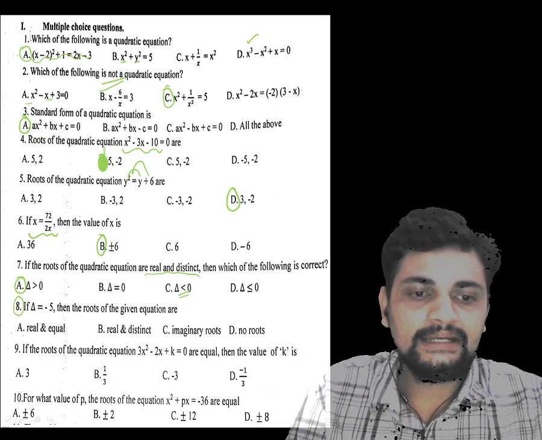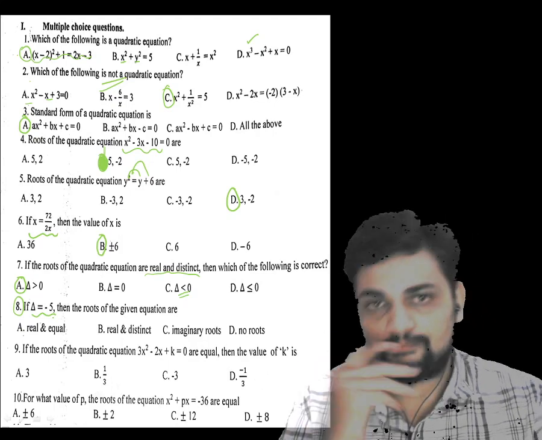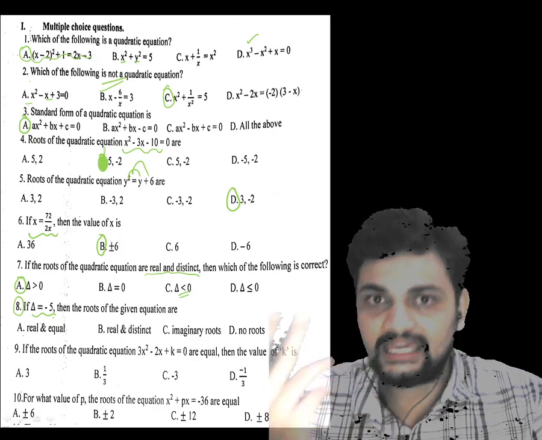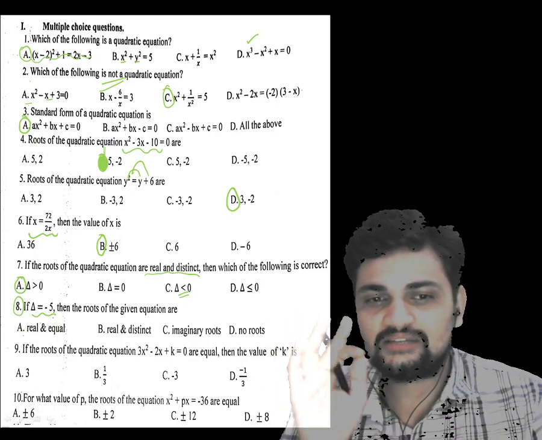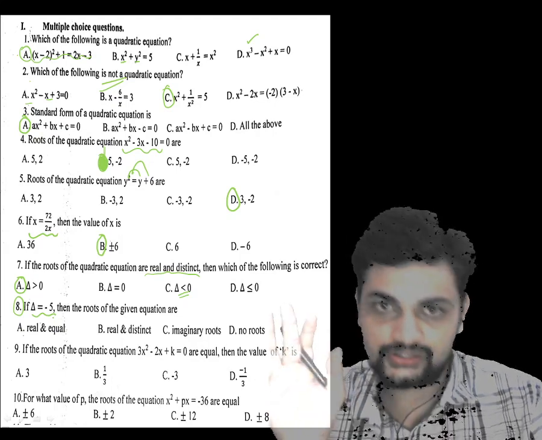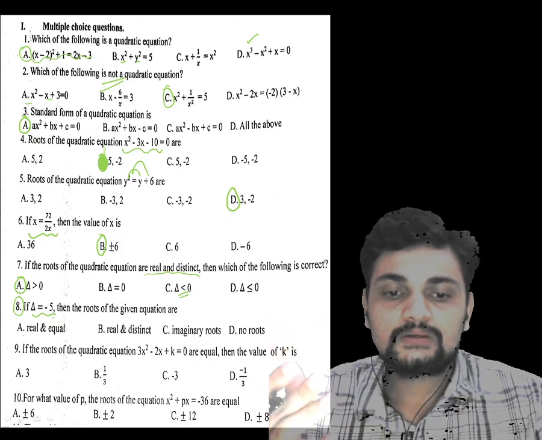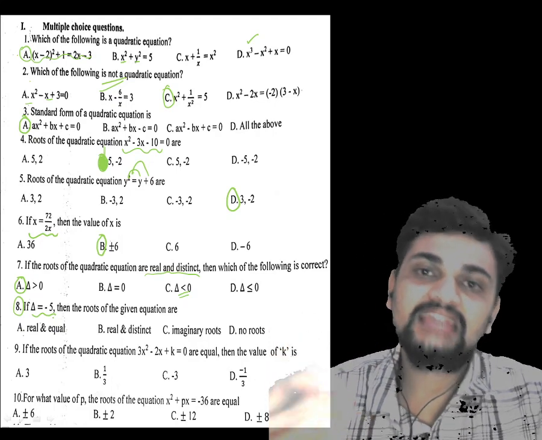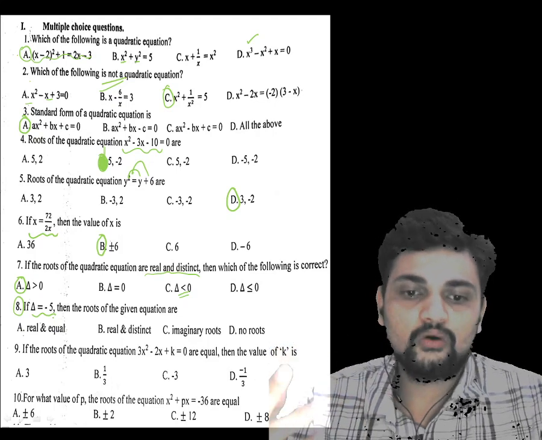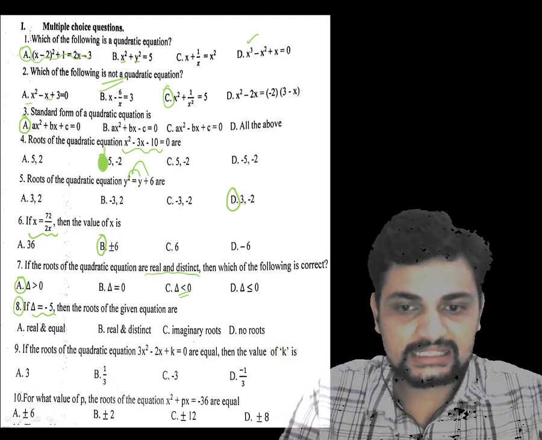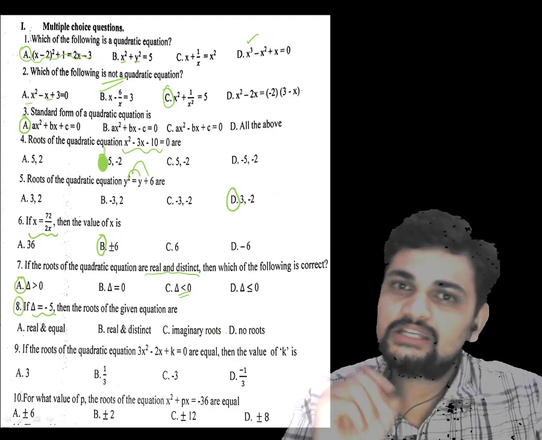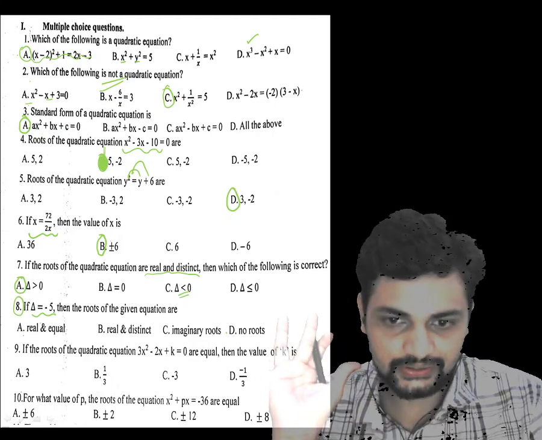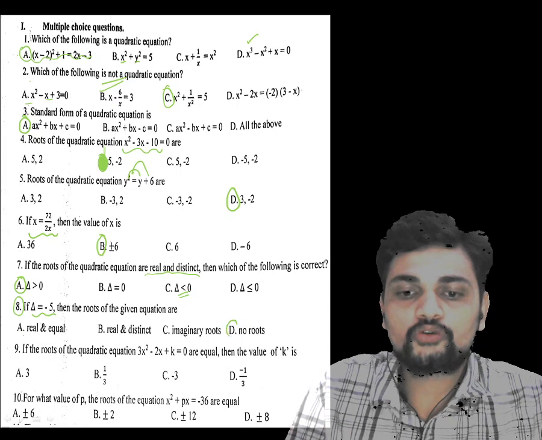Now moving to question number 8, discriminant is given as a negative answer. So that means discriminant is less than 0. If that is the case, what will be the nature of the roots? See, question number 7 and 8 are direct formula based questions. Among the given 4 options, if delta, the discriminant, goes less than 0, which particular option is correct? Delta is less than 0, I told you already, either it is imaginary roots or the solution does not exist. So the most suitable one is no roots.